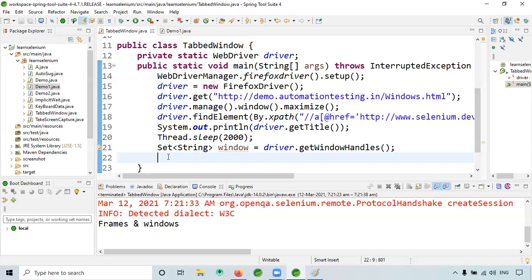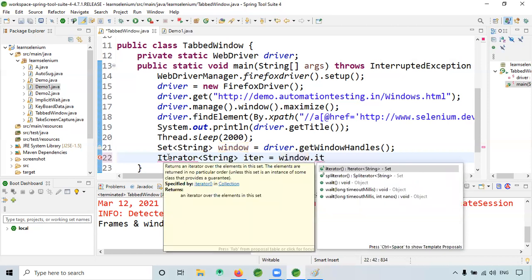Okay, so here what I will do, as I told, I will use an iterator: String iter is equal to window dot iterator.